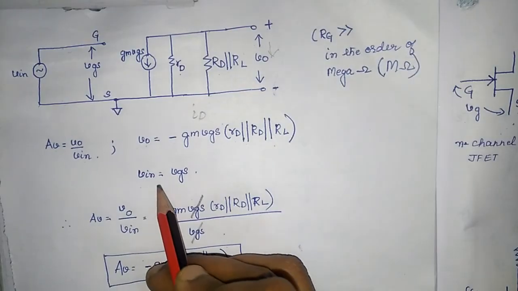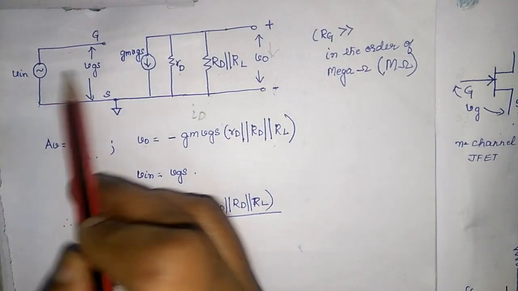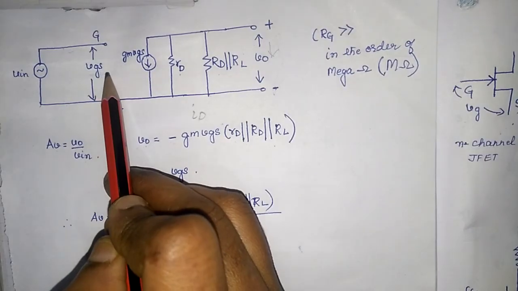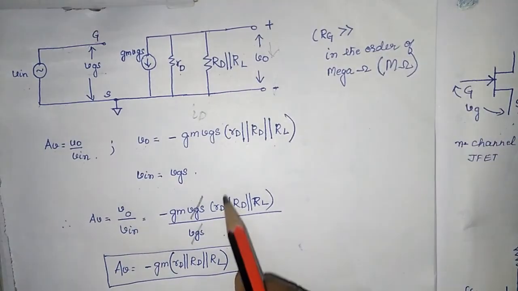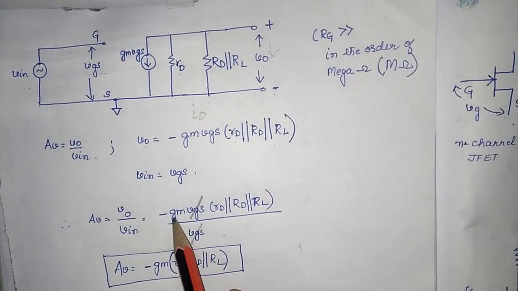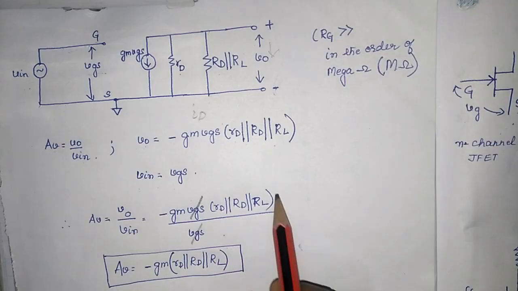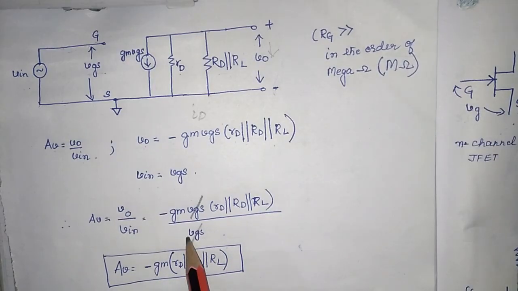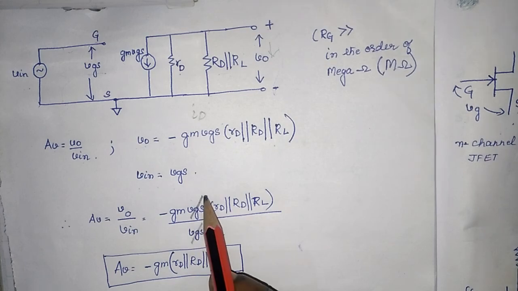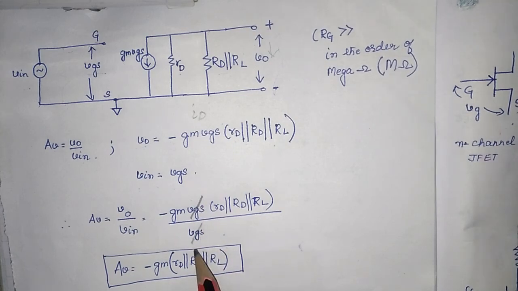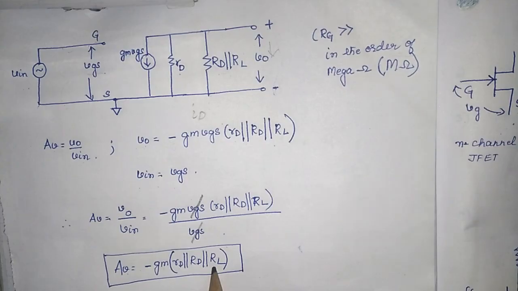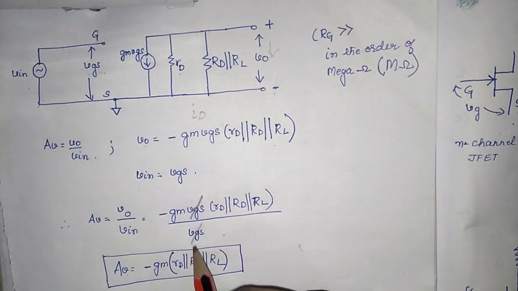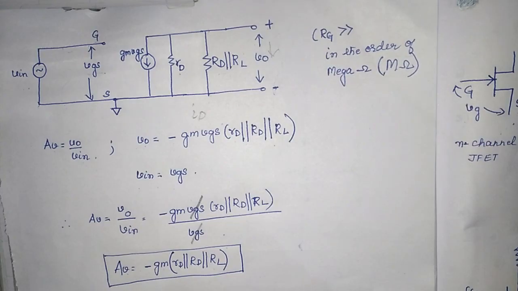Okay. Then what is V in? What is the input voltage? The input voltage is simply equal to VGS. That means this voltage is developing across the gate and the source. Okay. Let me substitute here. So it is gm into VGS into the effective resistance divided by VGS, which is your input voltage. If you see, VGS is getting cancelled, and the final expression for AV is equal to minus gm into the effective resistance. Isn't that simple, students? It is hardly a 2-step derivation, and this could be a probable question for you.